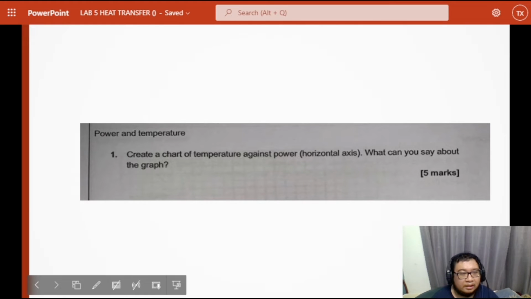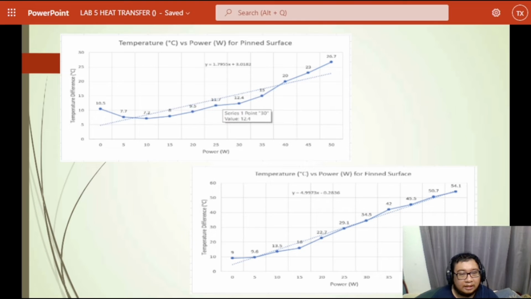Good evening. For the first question, create a chart of temperature against power on the horizontal axis. What can you say about the graph? So, as for the graph, the first one is the pin surface. From 0 to 10 watt, the temperature difference decreased from 10.5 to 7.2. Then, from 10 watts onward, the temperature difference starts to increase until it reaches 26.7 at 50 watt. And the gradient for pin surface is